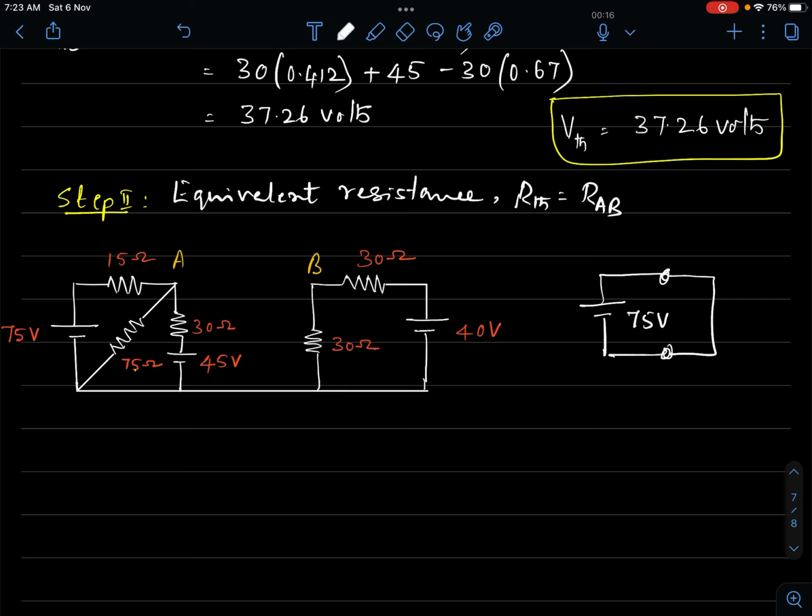Suppose you short the source. I mean, this is a representation. Actually, physically, when we do the experiment or when we deal with the source, we switch it off. It is as simple as that. The switching off condition, when the source is switched off,